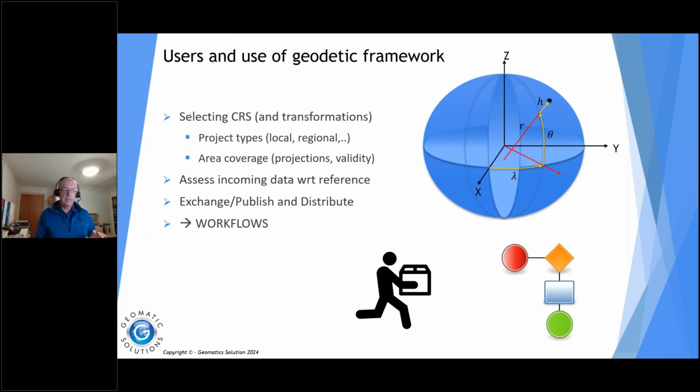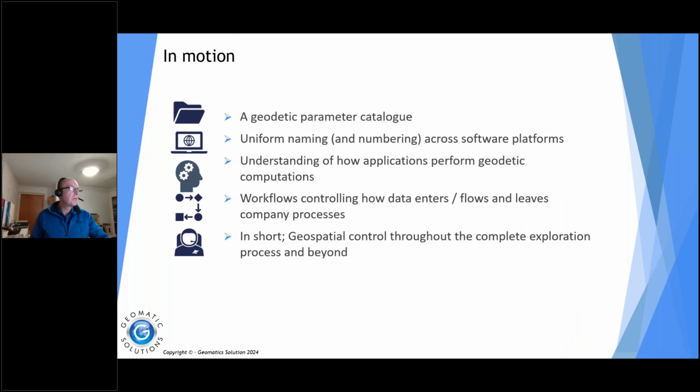Now, in order to be consistent, you need to use these every time, and you need to follow this and do it the right way. Once the user does that, he then assumes the responsibility of doing this correctly, and that's when we achieve the geospatial integrity, basically. So at the moment, we have our geodetic parameter catalog, we have our uniform naming, we have the understanding of how applications perform these computations, we have the workflows, and in short, we then have geospatial integrity